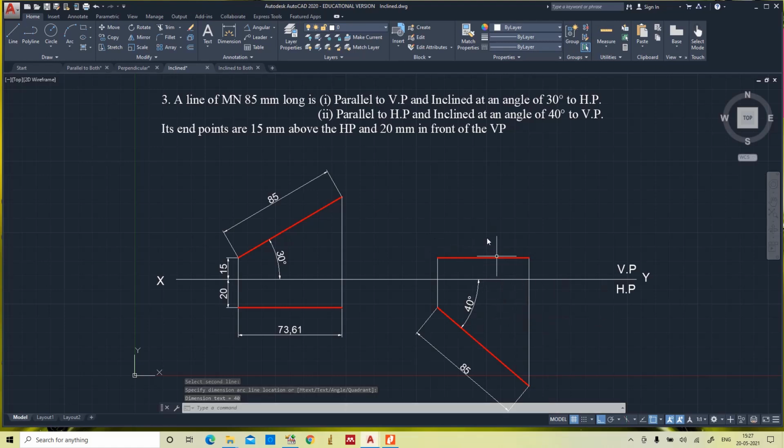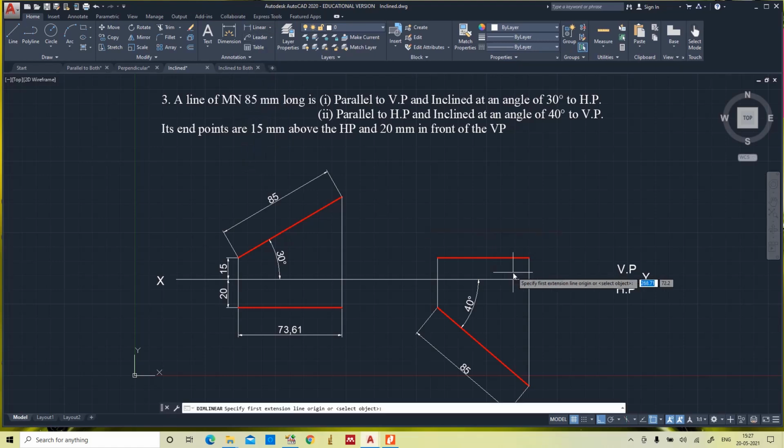When the line is 40 degrees to VP, observed from the top view, it will be an inclined line on the horizontal plane. Now we will measure the front view. See, the length gets compressed. When you are observing from the front, the length will be compressed. So this is the true length, this is the compressed length.